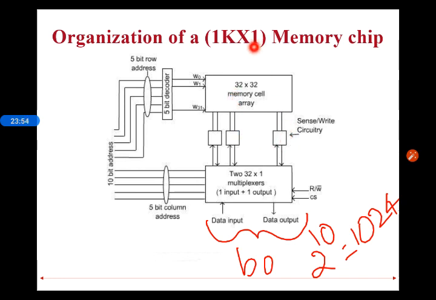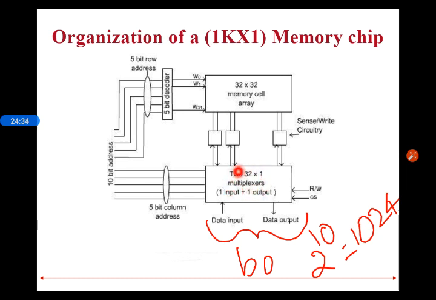That is why. If we place a combination like 00000 in the 5 bit decoder, it will select W0, and from W0 we want only this bit. So we write 00000 here, and it will select only this bit position. If we denote it as B0, B0 will appear here. If you need bit 1, we place the address as 00001. That will select the next bit and you will get B1. Okay, that is the concept here.